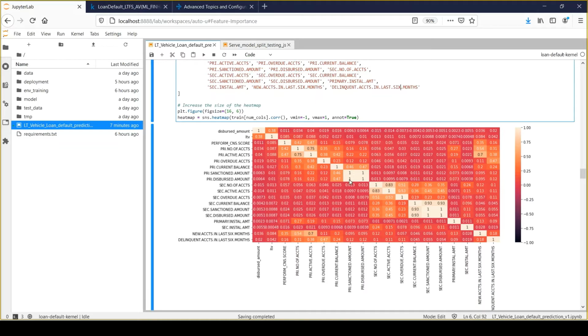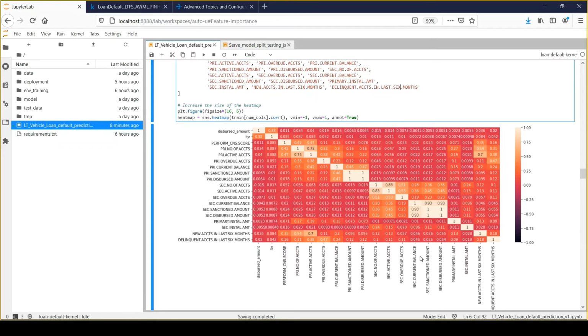and probably we can remove one of these features from our training feature list because it doesn't make sense to keep all those variables when they are correlated and provide the same set of information to the model. Okay, and here also we have three different fields which are correlated with each other, right?